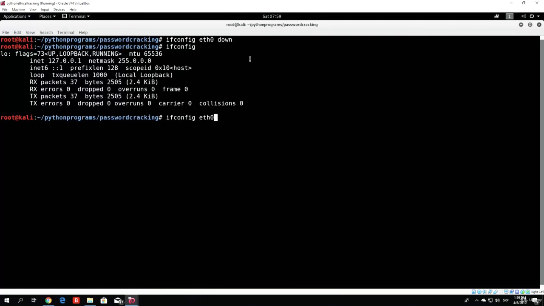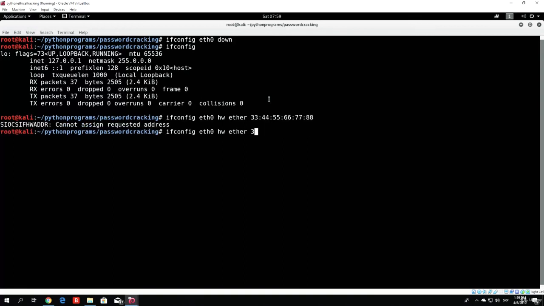Then you need to specify hw for the hardware, and then ether, since we are changing the Ethernet interface. We want to specify after that the new MAC address, which will be 33:44:55:66:77:88. Cannot assign requested address. Okay, so it doesn't really matter. Let us just do